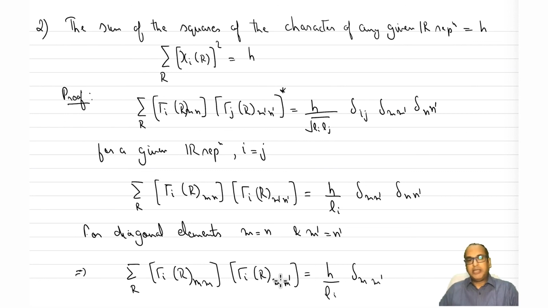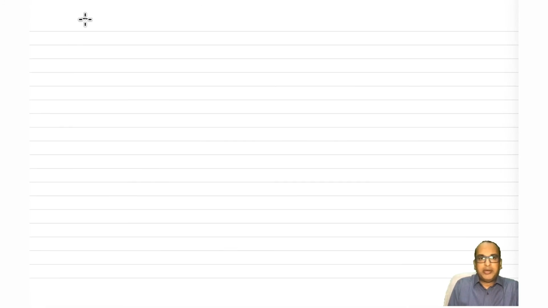Now from diagonal elements, if you have to go to trace, then we have to sum over all m. We'll get the trace of this matrix. If we sum over all m prime, we will get the sum of this matrix. So what we'll do is we will take summation on both sides. We will take summation over all m and summation over all r, all m prime. And we already had summation over all r.